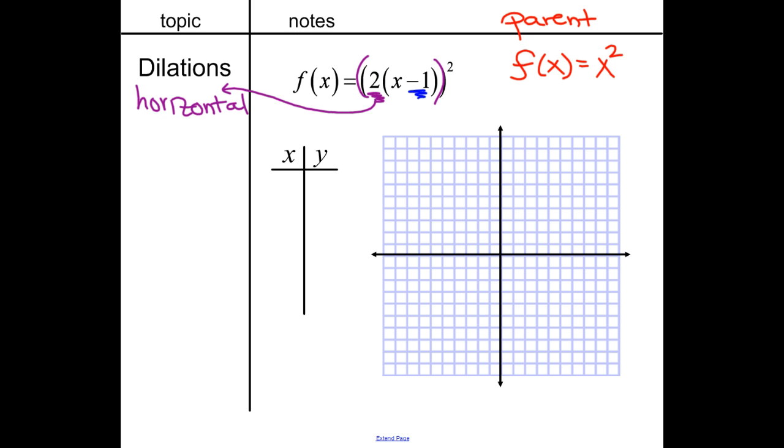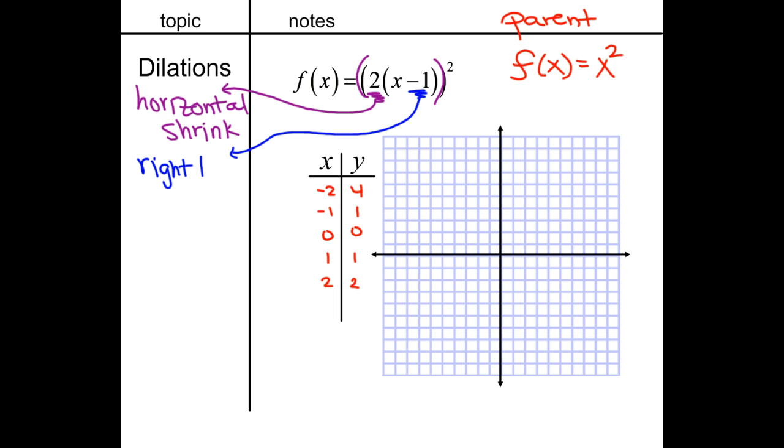And since it's greater than 1, it's going to be a horizontal shrink, which means I'm going to be dividing. And that minus 1 is also on the inside, so that means I know I'm going to be going left or right. And since it's opposite, I'm going to be going right 1. Now again, we're going to go look at our table, fill that in with our parent function,